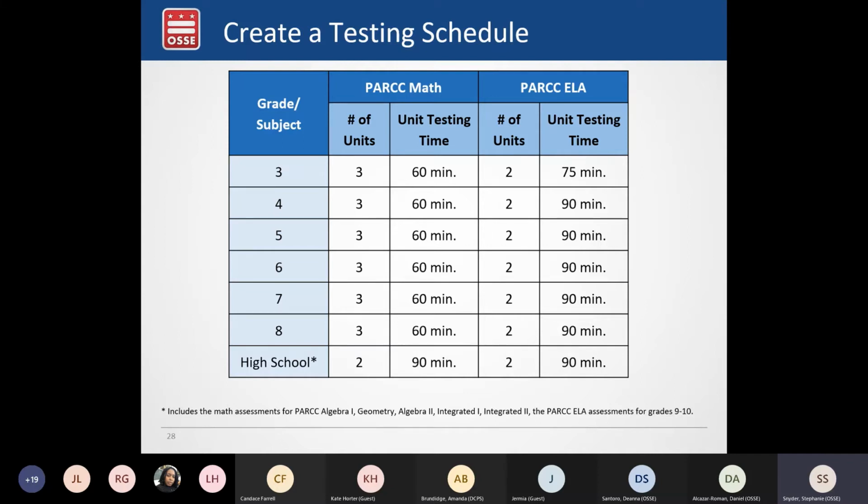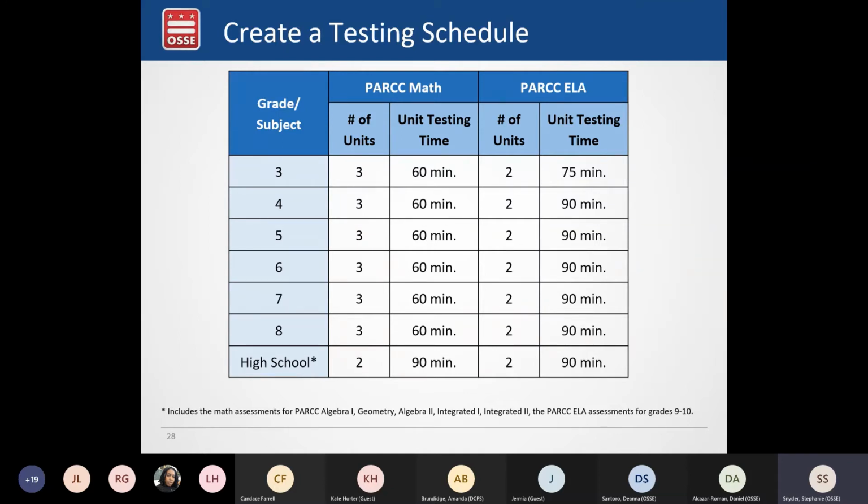We have become more efficient in how we're measuring the standards. The content coverage is the same with fewer items, and in some cases fewer units that students will have to be taking. We're also not including field test items this year, so that has further shortened the needed time. And this reduction will hopefully reduce some of the scheduling conflicts and concerns that we've heard from LEAs in the past.